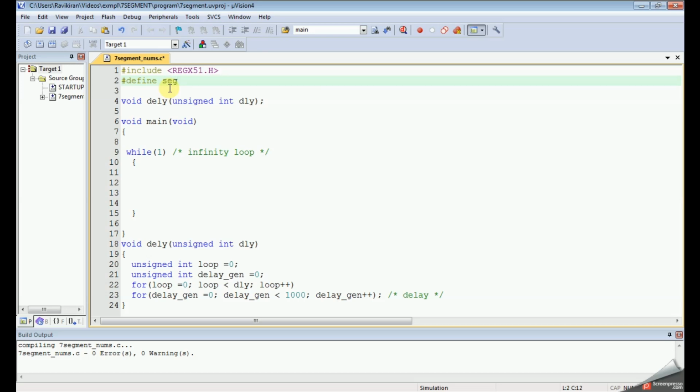I'm just giving segment P2. So what we have to do is display numbers 0 to 9 one by one with some delay. So for that,